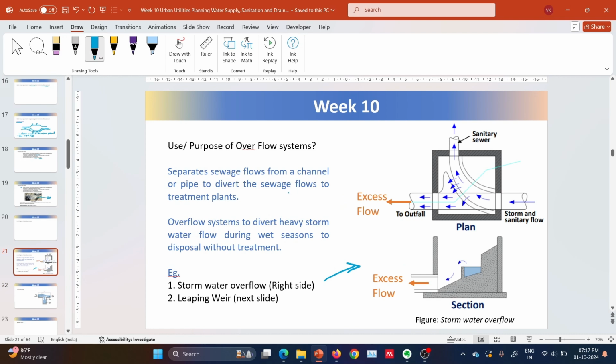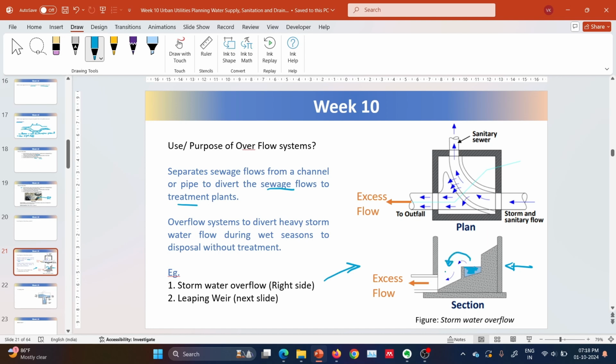The overflow system separates the sewage flow from a channel or pipe to divert the sewage to the treatment plant. From this image we can understand it very well. If sewage is flowing, this is designed for the sewage flow up to this level. If storm water comes, it may carry some amount of storm water, but if storm water is extra, it will come out of this channel